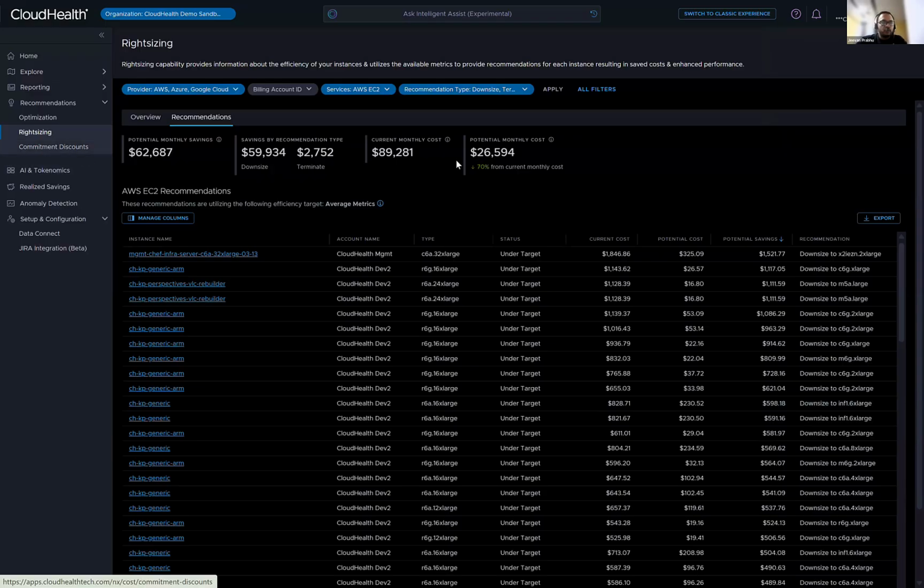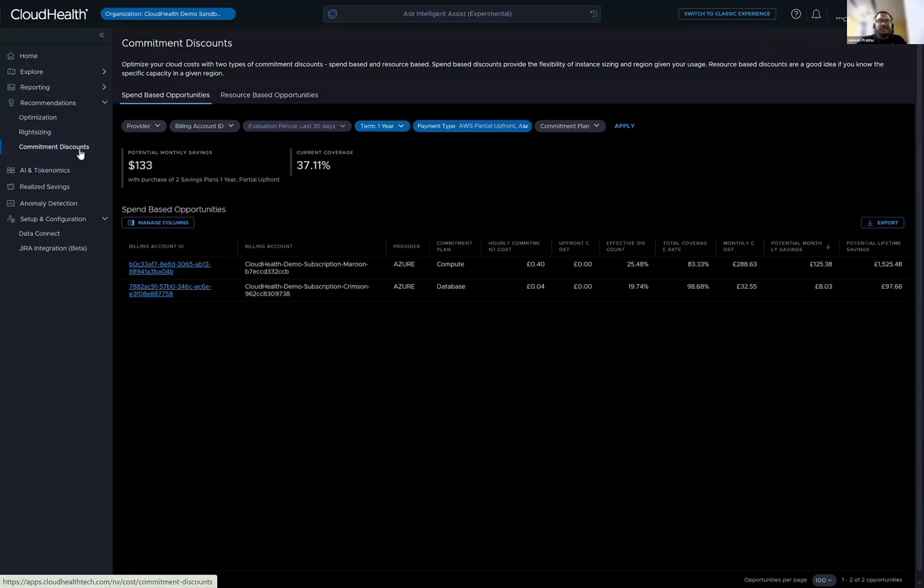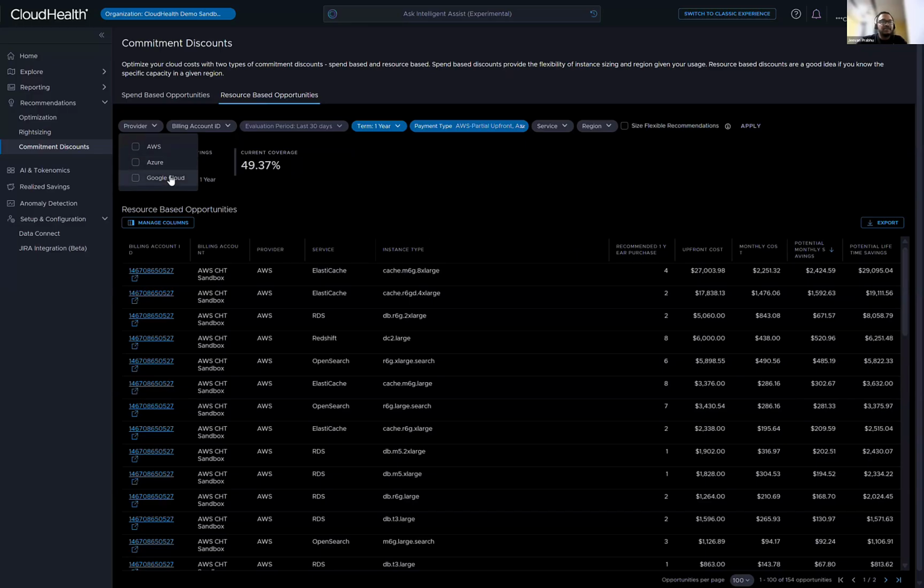This is the same pattern which we are following across all the opportunities, right? Even if you visit commitment discount. So here is where the rate optimization falls in. Right sizing is mostly usage optimization. So even in rate optimization, you will see a similar pattern that we will give you the summary and then into the details. So again, here for spend based, we are just missing GCP because GCP doesn't provide us necessary APIs to get spend based cards. And we are working with Google to see if we can get that API made public. Resource based opportunities, all three are supported, right? And you can again filter it based on various parameters which are available here.